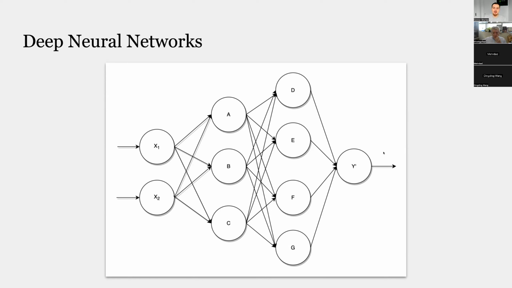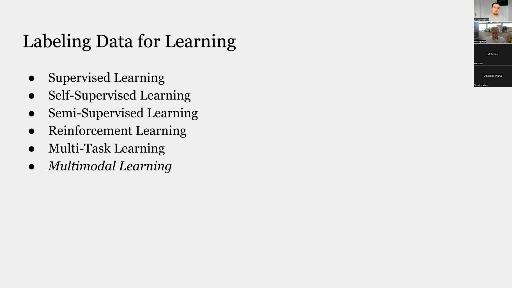And that y hat is compared to some labeling function of a ground truth y, and that's where you get the signal for optimization. So it's differentiable through that optimization throughout every intermediate computation in this deep neural network computation graph. So the key is gradient descent, which is the mechanism of how that works, and I'll dive into the details of that in the full presentation. But a key to this is how you label the data for learning.